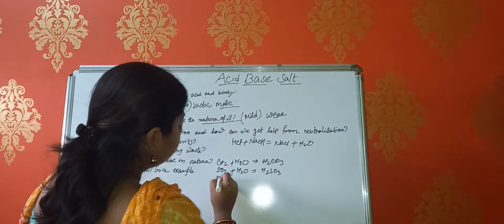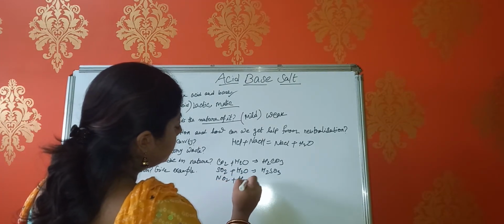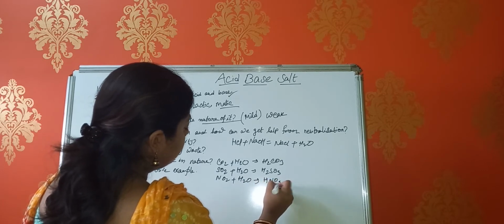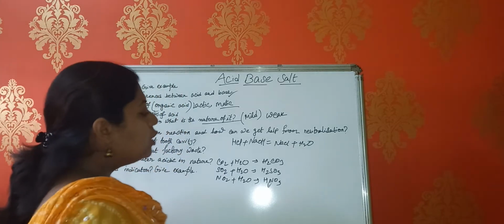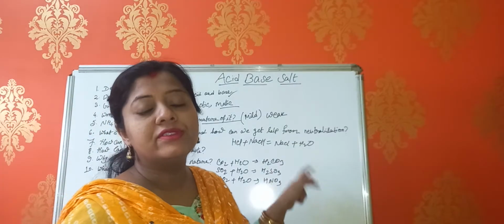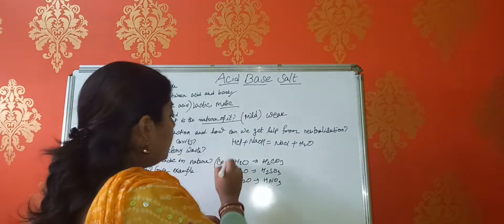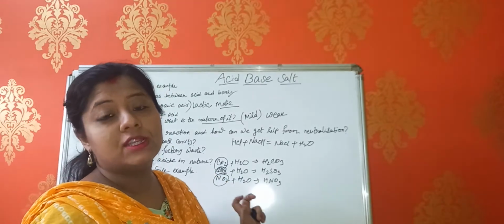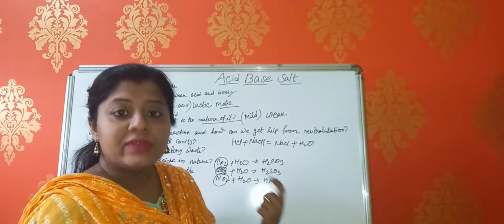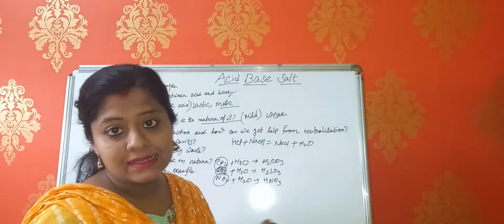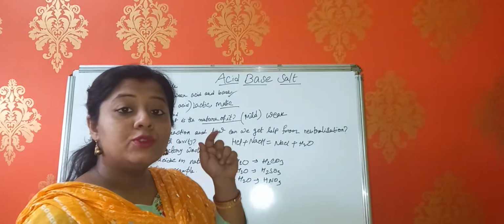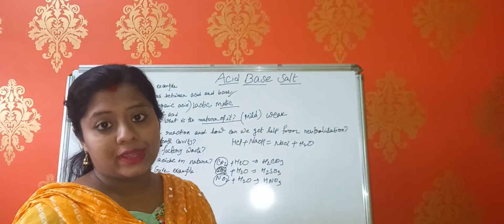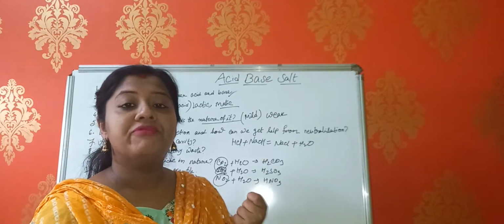sulfurous acid, nitric acid. So this is how we get the different acids from these non-metallic oxides, because these oxides are present in our atmosphere. When they react with water, they give us acids. Now this acid will come down through the raindrops, and it will be acid rain, and acid rain is really very